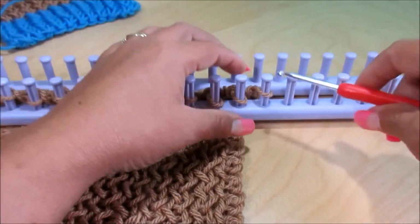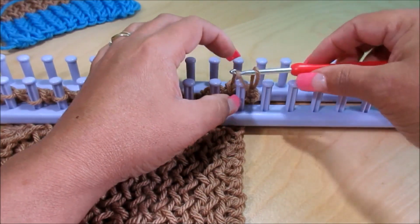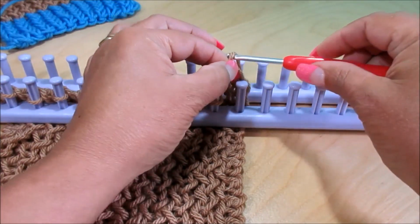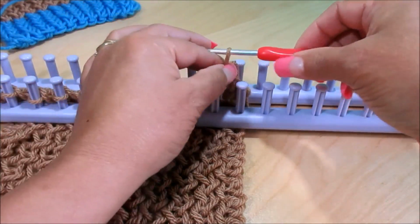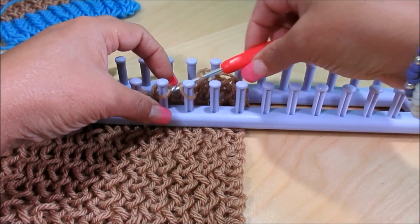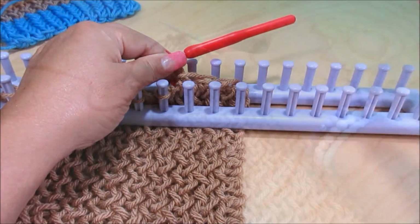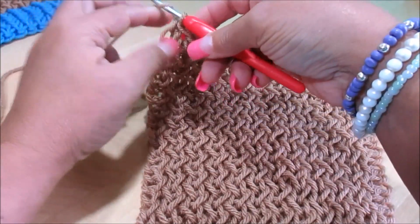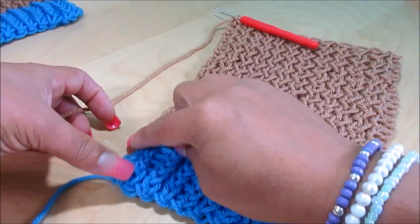Now with the crochet hook, you're gonna start grabbing these two, passing the one in the front under the one in the back like that, and you're gonna cast off all the stitches this way. Careful not to lose any, okay? And nice and loose. Once you finish, you will have one loop. You're gonna chain one, and you're gonna cut the yarn, leaving a tail to sew the sleeve under the